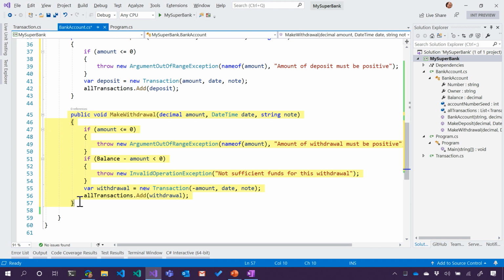Exactly. It'll exit the function unless we caught it higher up, and then worst case scenario, it'll go all the way up and exit the entire program. But the intention is that it'll exactly stop the running of this particular method.